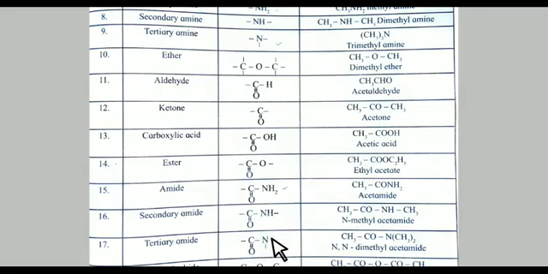C=ON. Whenever you increase the quantity of alkyl group R, here 1 alkyl group is attached with C=ONH2. Here 2 alkyl groups are attached with C=ONH. Means there is a decrease in the quantity of hydrogen. See here in tertiary amide, there is no hydrogen and the quantity of alkyl group is 3. In the example, in primary 1 alkyl group is there, in secondary 2 alkyl groups are there, and in tertiary 3 alkyl groups are there, CH3 and CH3. So it is primary, secondary and tertiary amide.